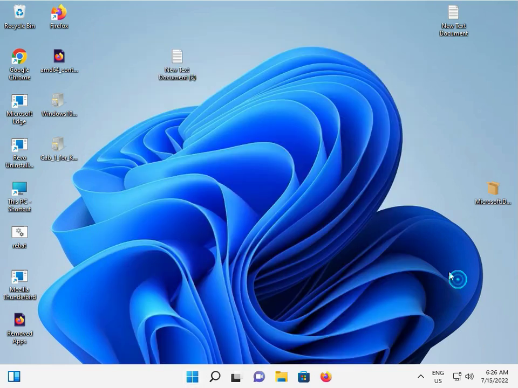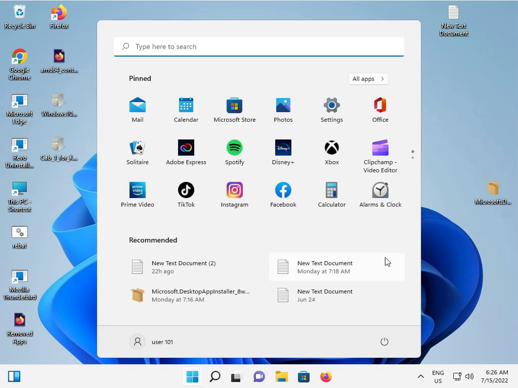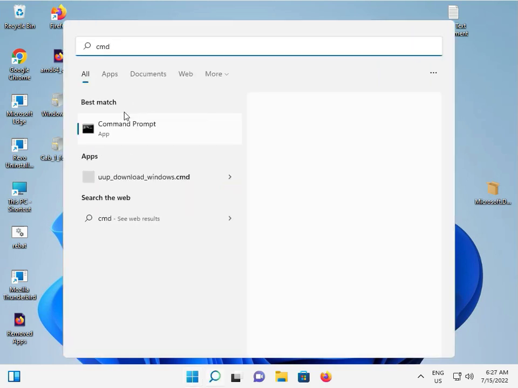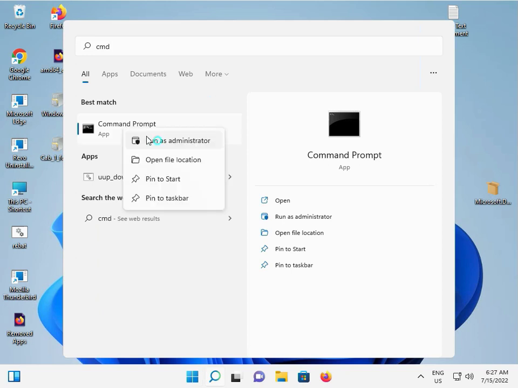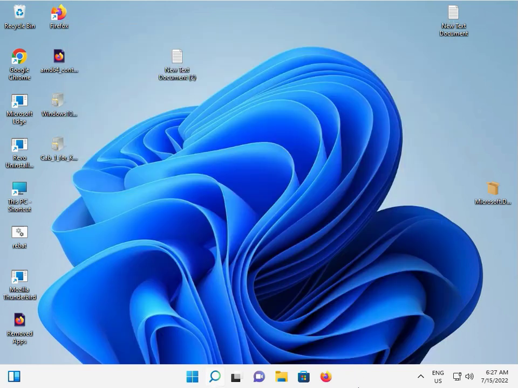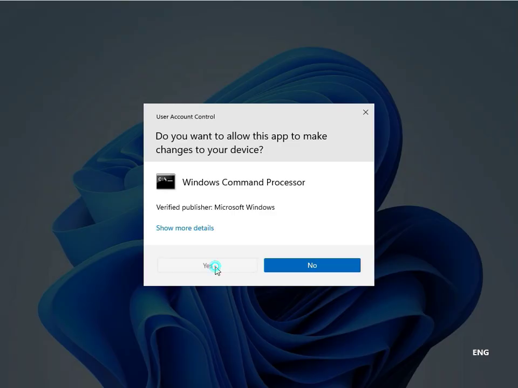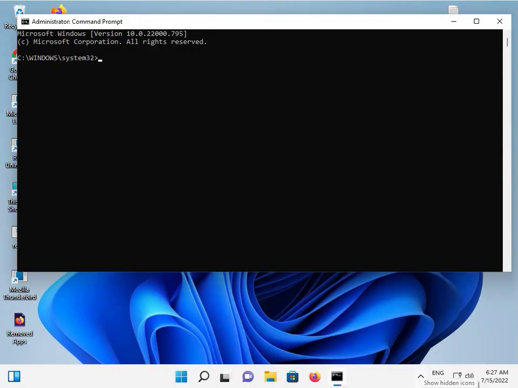And the second method is click the start button and type cmd, and right click to run as administrator and click yes. So guys, you enter in cmd shutdown